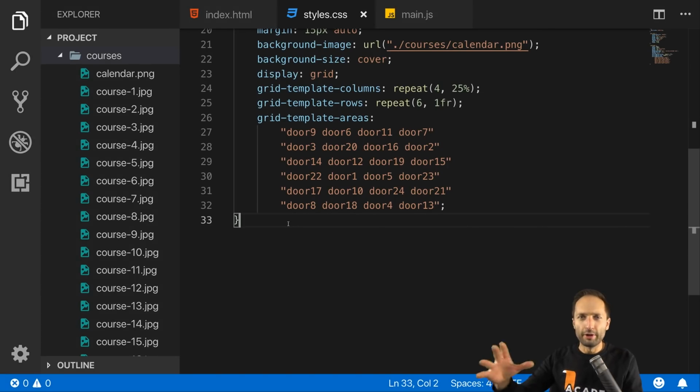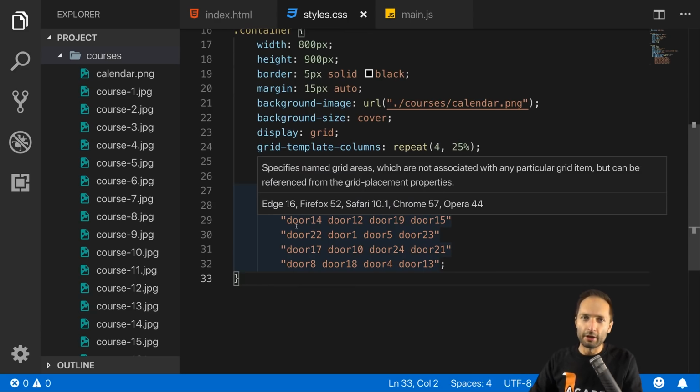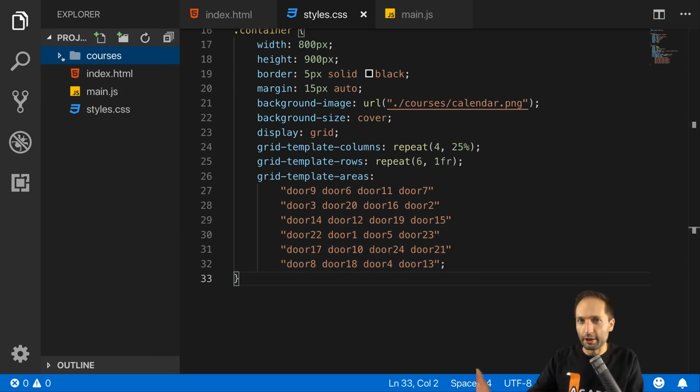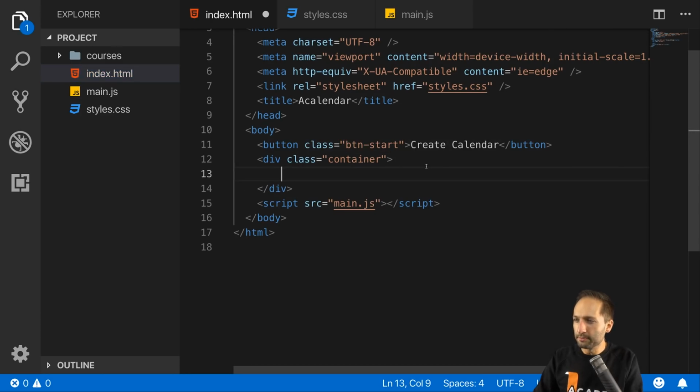So now with the grid template areas being finished, we are almost ready to dive into the JavaScript part now, because we have this grid structure and we can now basically identify the different doors, but we also have to add content to each of these doors, because at the moment we just see the grid structure because of the dev tools, but actually the doors are not existing yet. Now, as I said, I will use JavaScript later to create the doors dynamically, but now I would like to create such a door element in HTML quickly to see how it works, to style it quickly, and then to jump on to JavaScript. So for that, we go to the index.html file, and now inside our container,